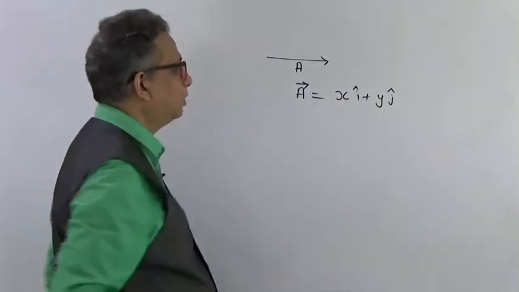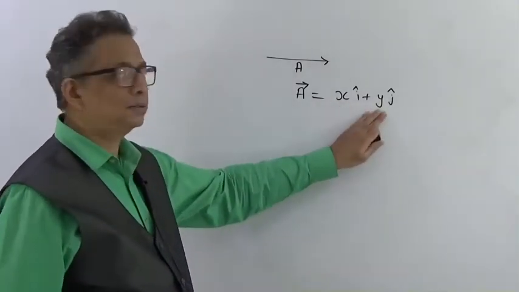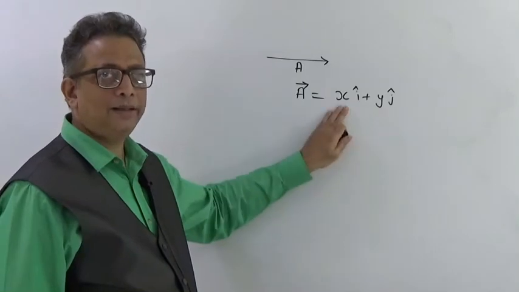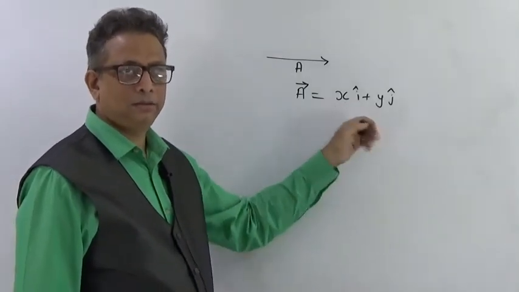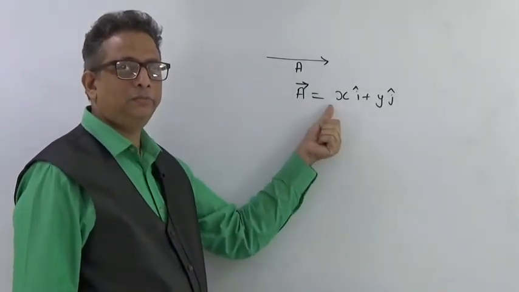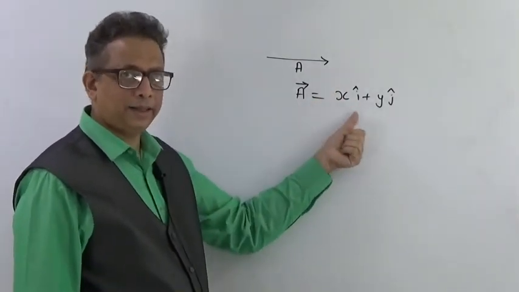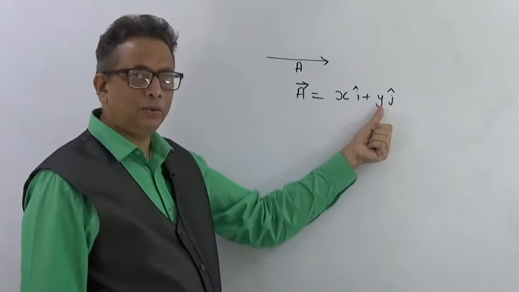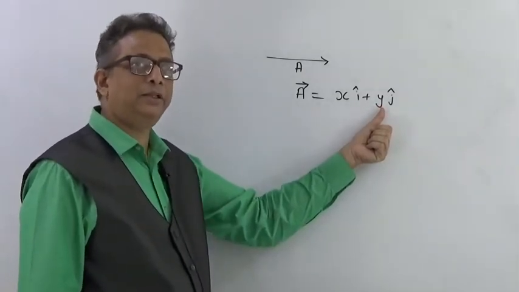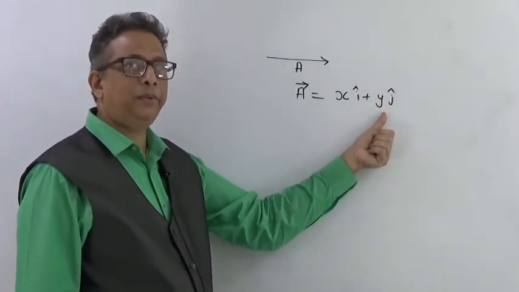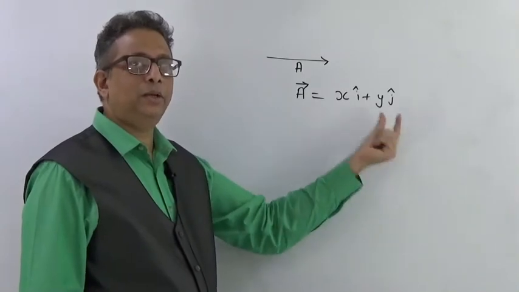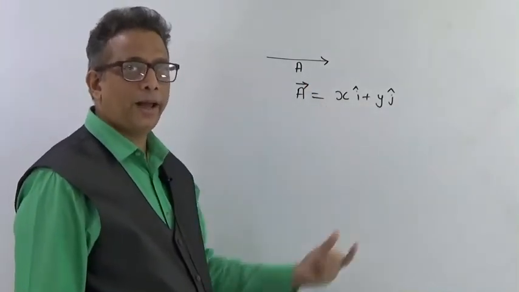This was some value, no? In the last example we took 7i plus 9j. So x and y are some constants, some value by which it is multiplied to the i and j, which gives me the component of A on the x axis, and y is some value, some constant. In the last example this constant was 9 multiplied to j. So this y into j was the component of A on the y axis.